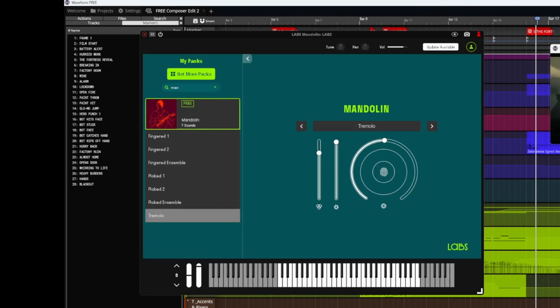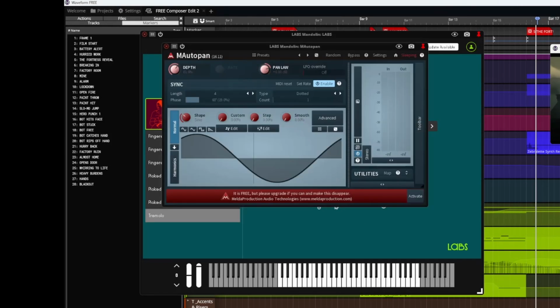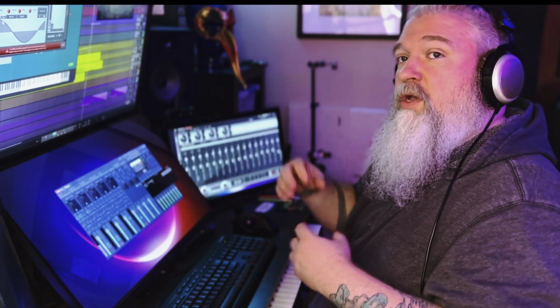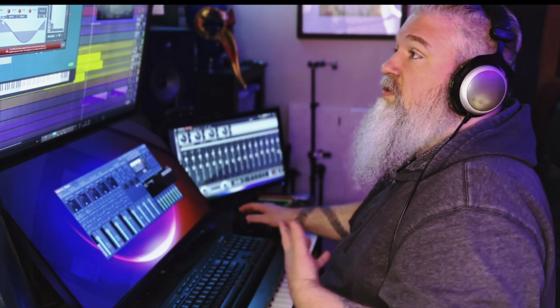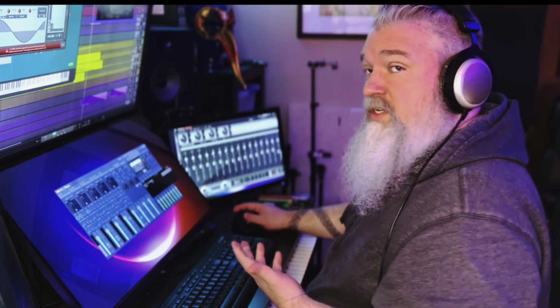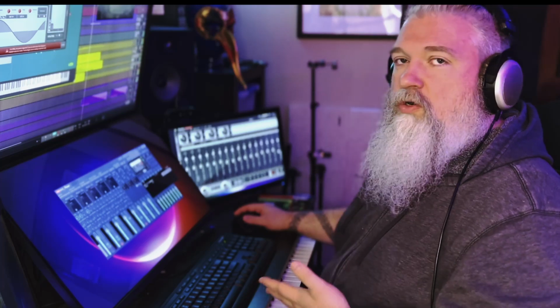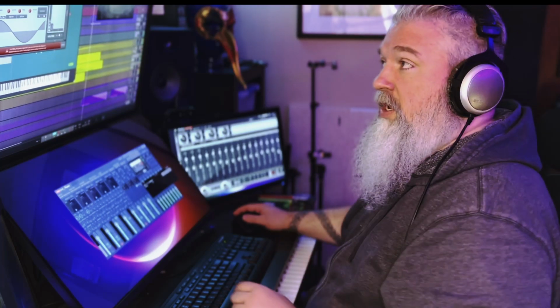And then below that, we've got our mandolin tremolo. And that's got the M Auto Pan. So that's just providing a little bit of movement back and forth in the stereo image. I didn't want to compose something really dense here, but it's nice to have some movement. So that's what the M Auto Pan is doing. This is from Melda Productions. Definitely check out their free bundle. They've got a ton of useful stuff that I use all the time,